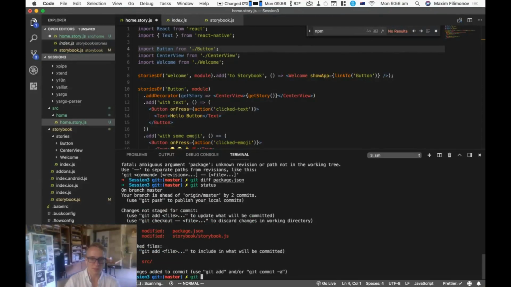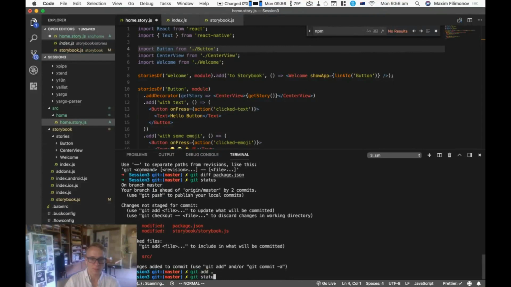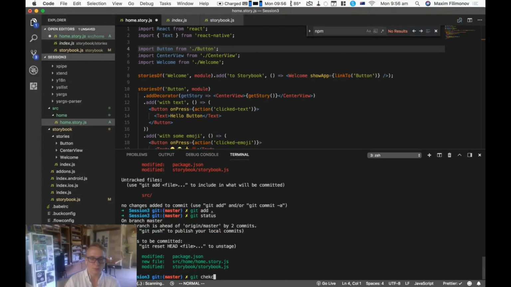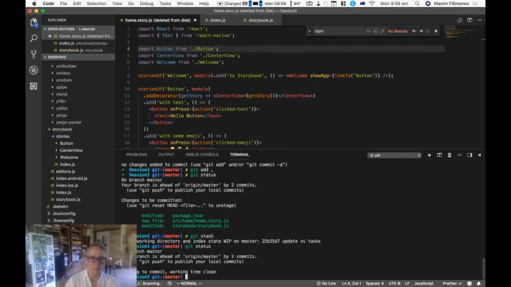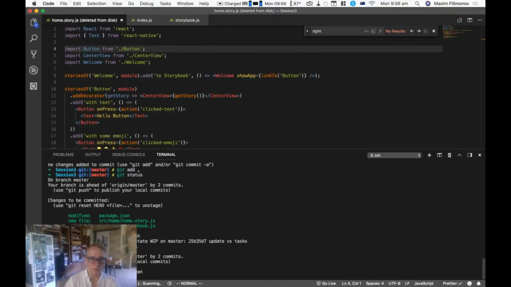Okay, so this changes, and we're gonna git add them and git checkout. Oh, stash them for now. So this will remove the changes, and now I want to do npx neutrino. I guess